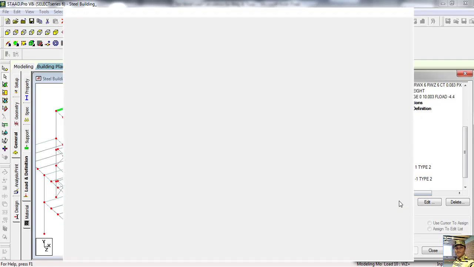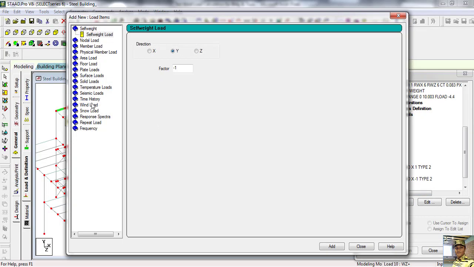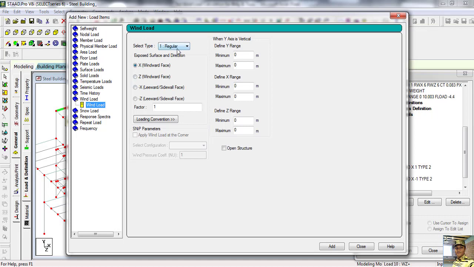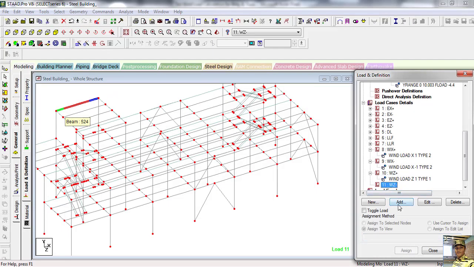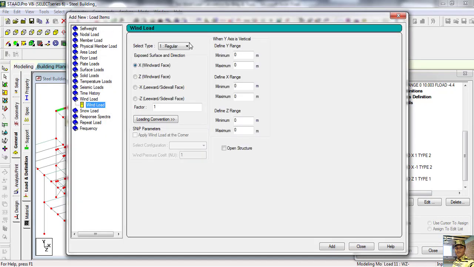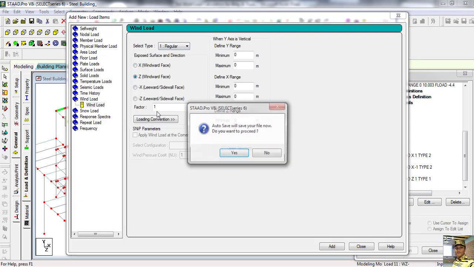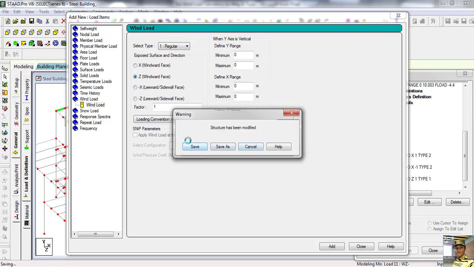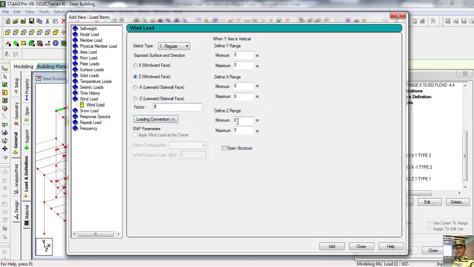Wind load z, add. Now this is the short direction and our short direction type is 1, so that is z direction 1, add. Wind load z direction, but reverse direction -1, add, close.